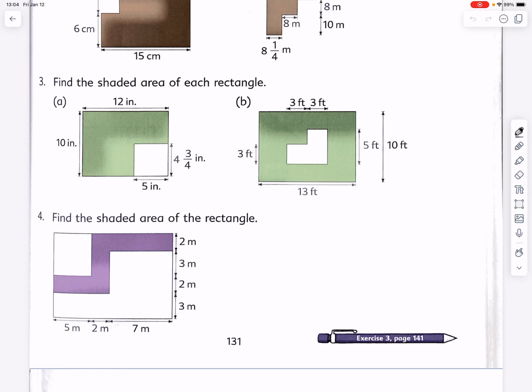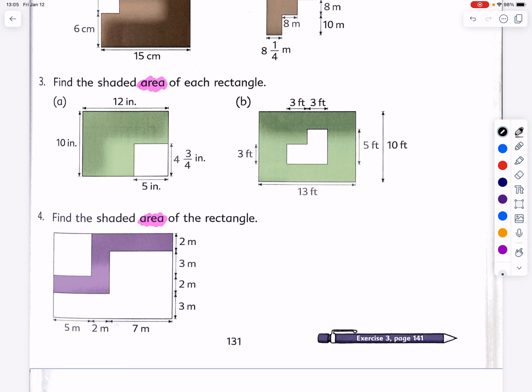Hello, the topic of today's lesson is to identify area and perimeter of rectilinear shapes. So when we're looking at area of such complex shapes, we need to take a step-by-step approach, meaning